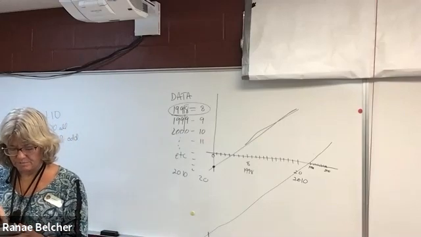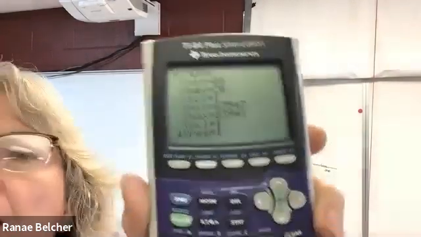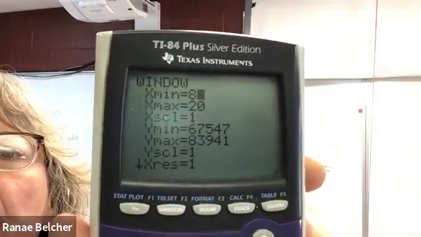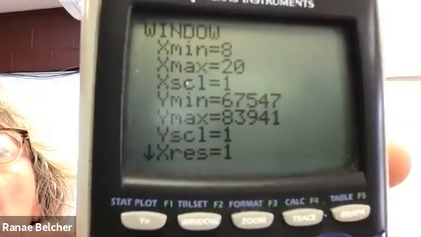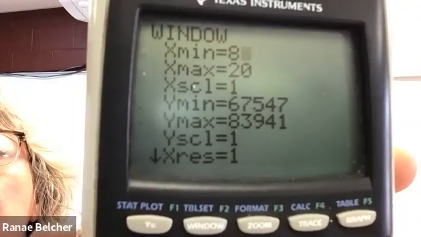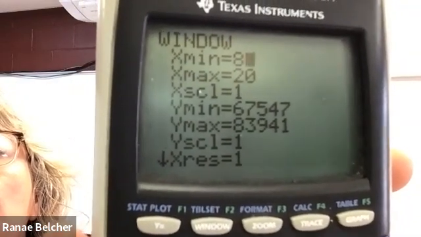Go back to my window and put 8. Okay, so here's my window now. I went from the lowest x value to the highest x value, and the lowest y value to the highest y value. Okay, and so I'm going to tell it to graph,